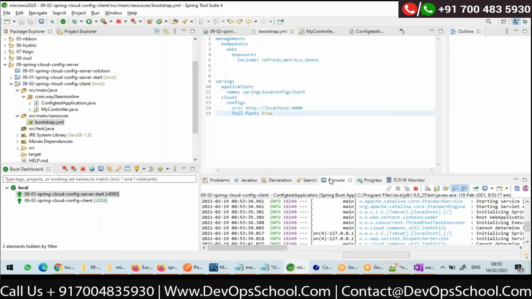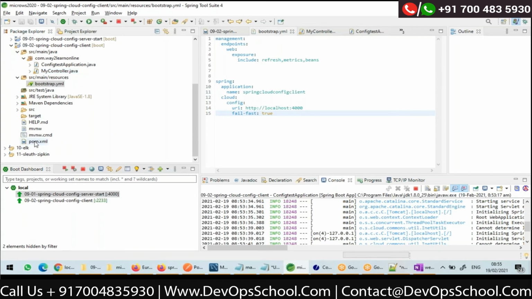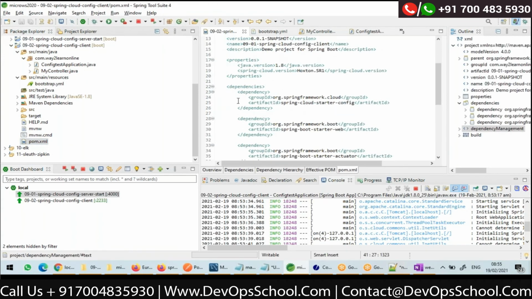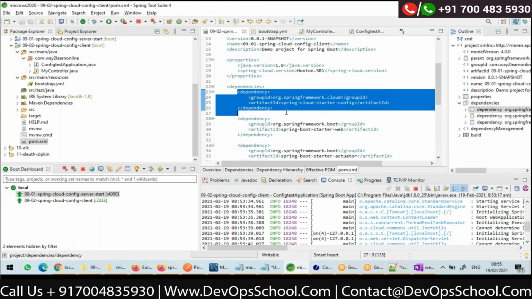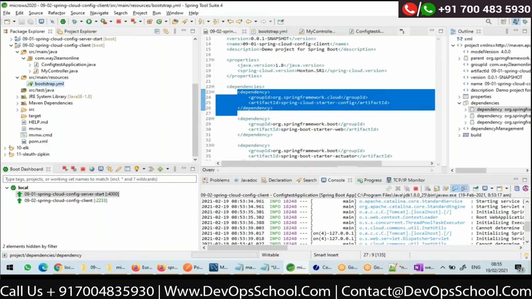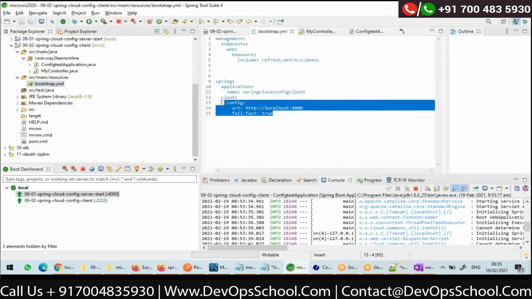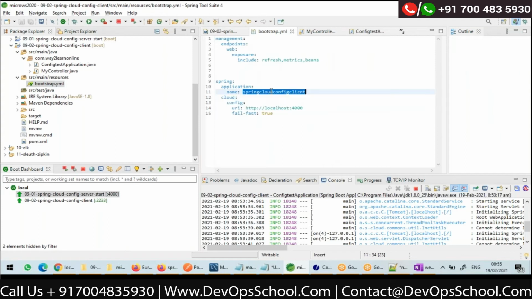What all I need to do in my microservice? Step one is in my pom.xml, I just need to add Spring Cloud Starter config. And in the bootstrap.yml, I should tell where is my config server located and what is my